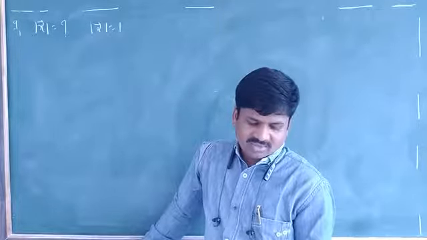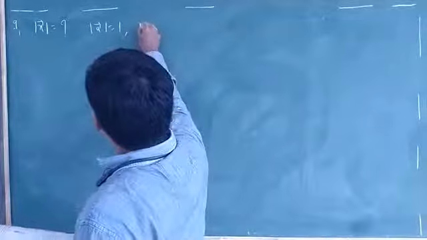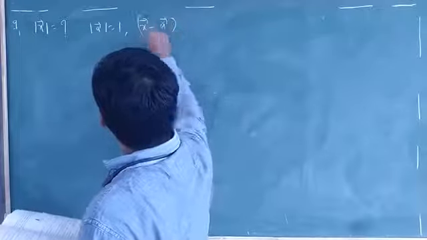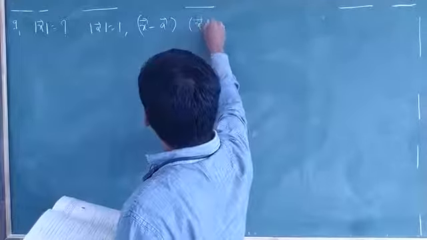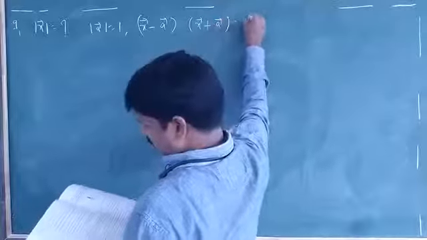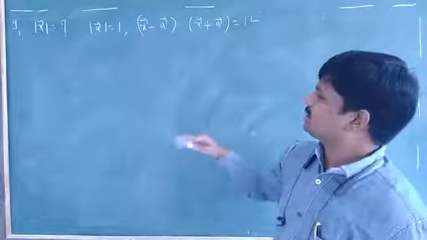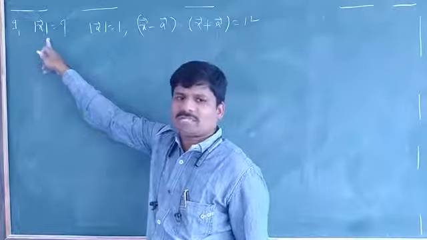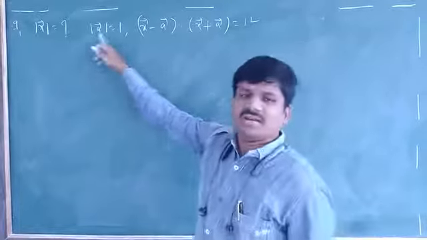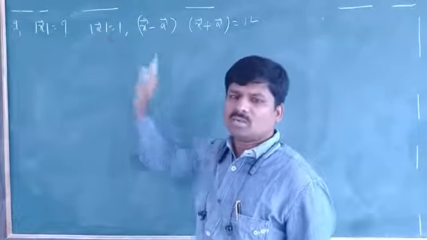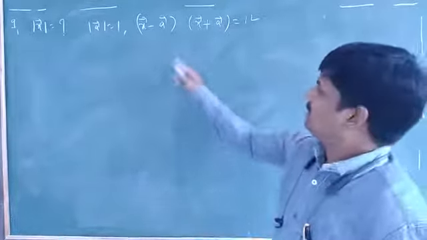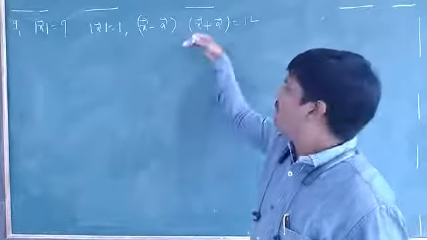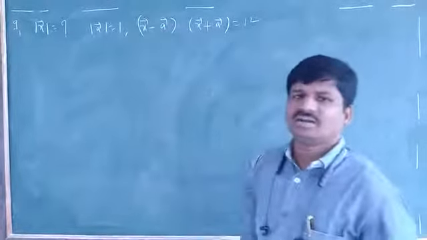Okay, for a unit vector a bar, what is given here? x bar minus a bar dot x bar plus a bar is equal to 12 is given. Just observe here, mod x is mod x bar. That means the magnitude of the x vector is being asked. To that, one vector a is given, and that vector is a unit vector, so mod a bar is equal to 1. And what is given? x bar minus a bar dot x bar plus a bar is equal to 12. By using this information, we have to find mod x bar.